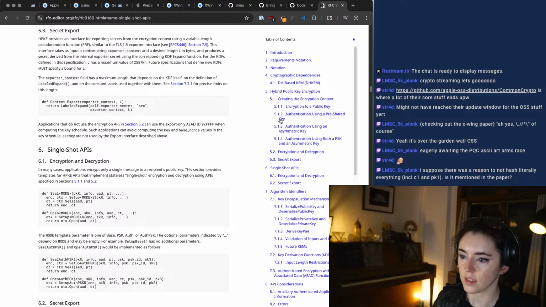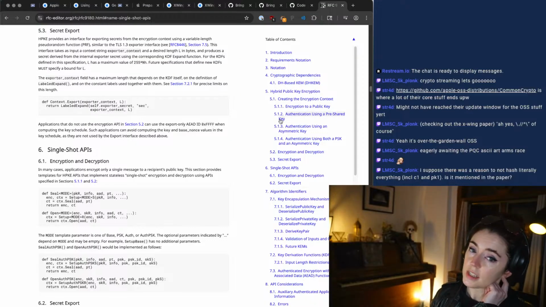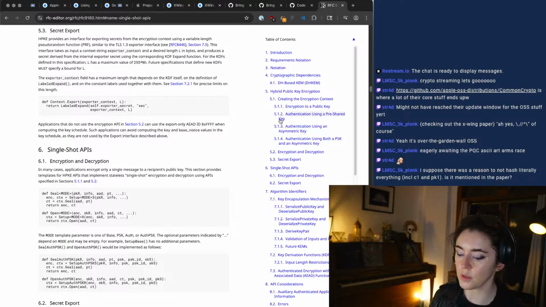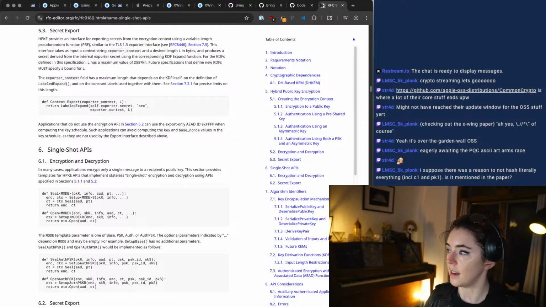Not hash literally everything, including C1 and C2. Aha, so yes it is. For X-Wing, the reason we don't literally hash everything is because specifically picking ML-KEM has these nice pre-image security properties about it, partly because of it itself using SHA-3 inside of it, but there's more to it than that. I'm pretty sure there's more to it than that. They let us prove that we can get an IND-CCA hybrid KEM